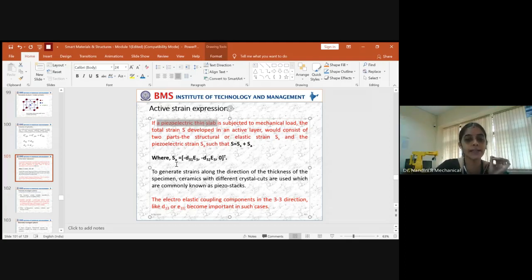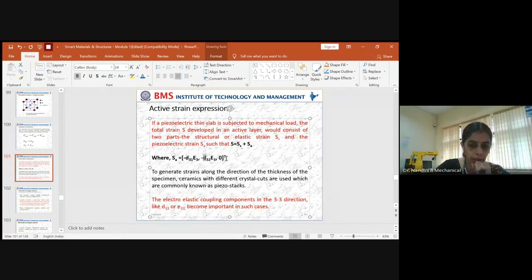So in that case, only the strain which has been induced in the piezoelectric element will be the combination of these values. So D31 is nothing but our piezoelectric coupling factor, along with the electric field applied across the plane 3. Similarly, the piezoelectric charge coefficient across the plane 3, 2. And again, since it is 3, 2, it will have the electric field applied along the third axis, so that is E3. And this is 0 because you are not subjecting anything related to the thickness.